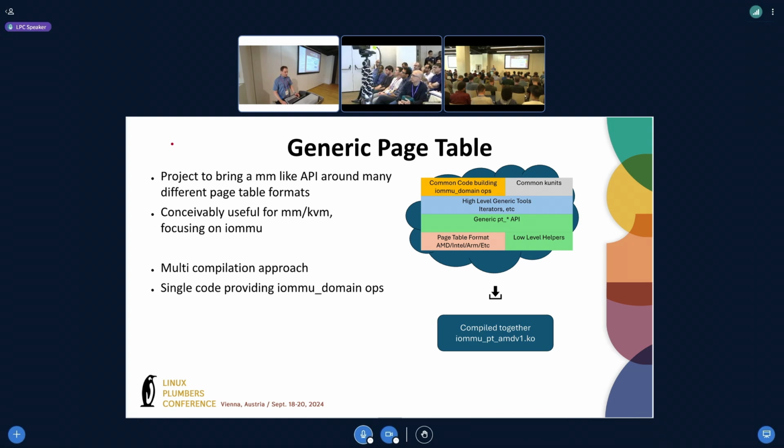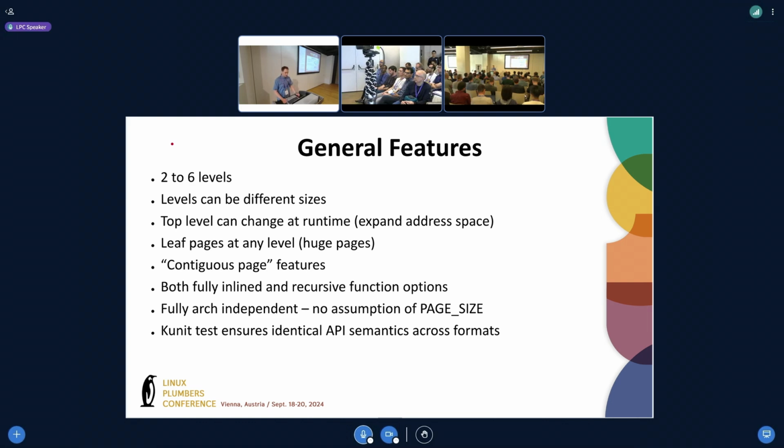We're at the point now where Alejandro has a draft patch to convert AMD's driver to use a new mechanism. It's still not quite working, but we're continuing to make progress through the system. So it turns out that all of the different page table formats are actually quite similar, but every single one of them has its own little special thing that's a little bit different than everybody else. So this is sort of a summary of if you take everything and cram them all together,